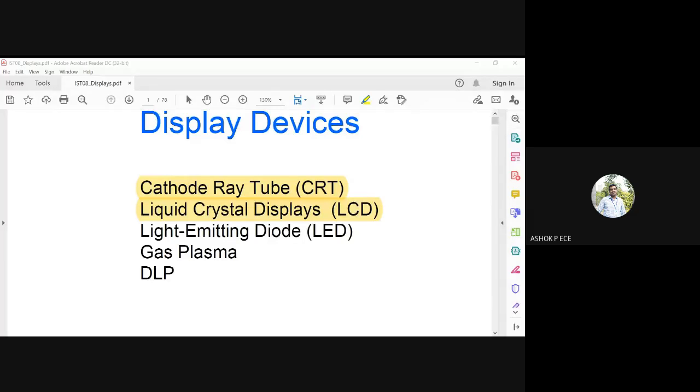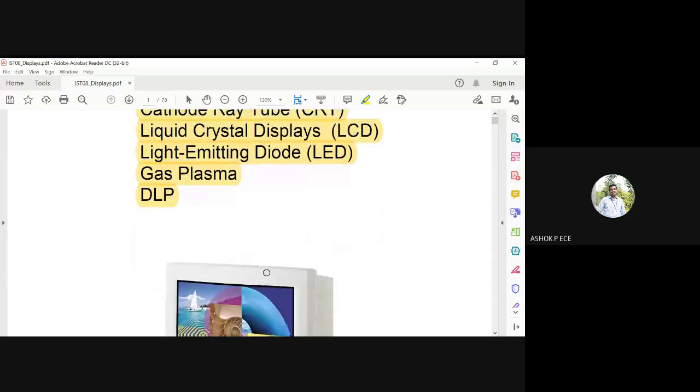Then we have the light emitting diode, LED display. Then we have plasma display and DLP. So finally we have this DLP. These are the years, and we can say this is the evolution of our display devices. It started with CRT and now we are in DLP. Okay.